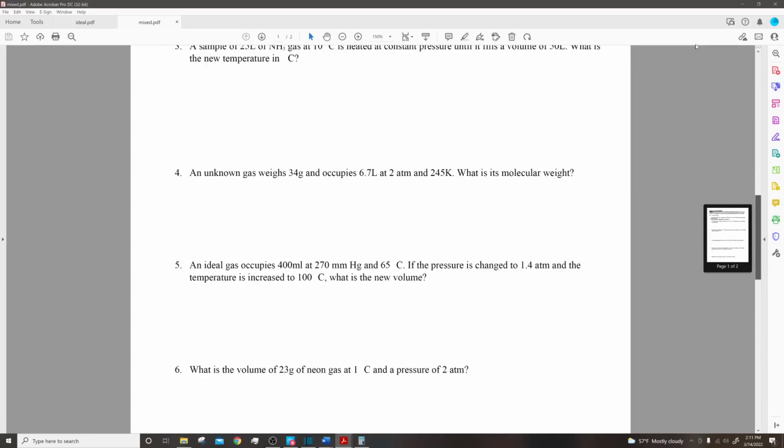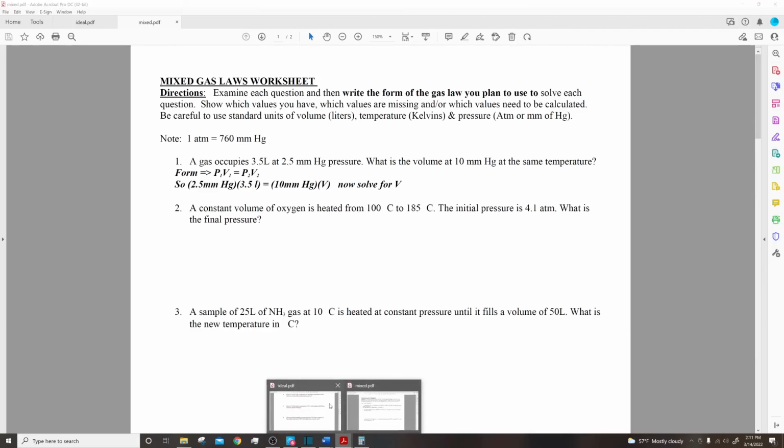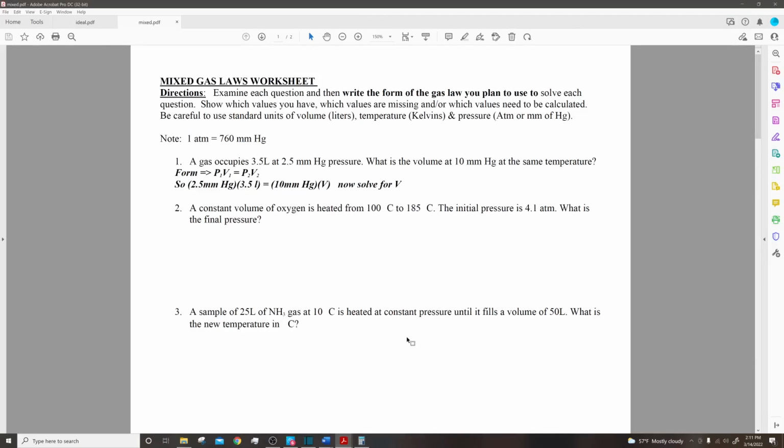If you already have a grade for these assignments, if you have a grade for the mixed gas law, if you have a grade for the Boyle's and the Charles, you don't need to worry about turning these in. I put them in here as makeup work for those of you who have zeros in the grade book. So if there's a 0 or if there's a blank grade there, you definitely want to make sure to get these done and get them turned in ASAP. I honestly think that you can finish this in a single afternoon, and that could be the difference between the A that you want or the other grade that you